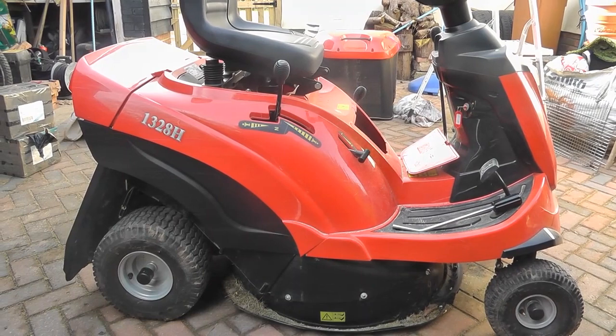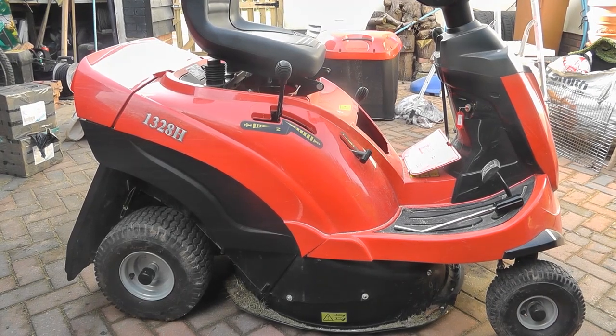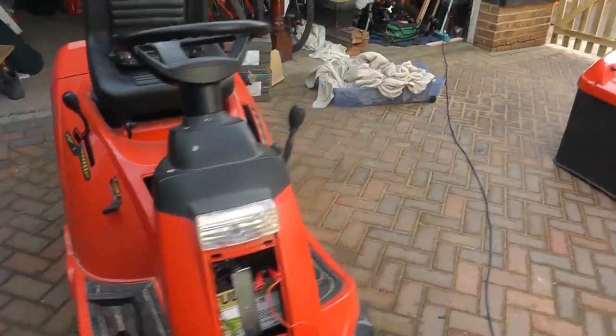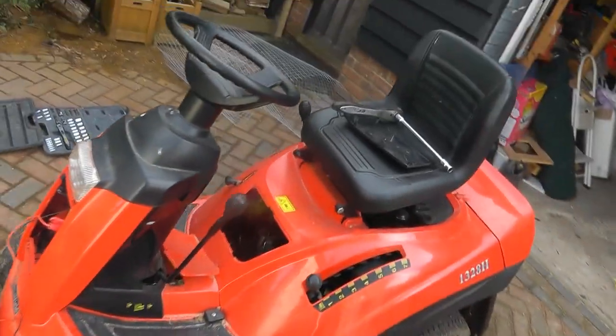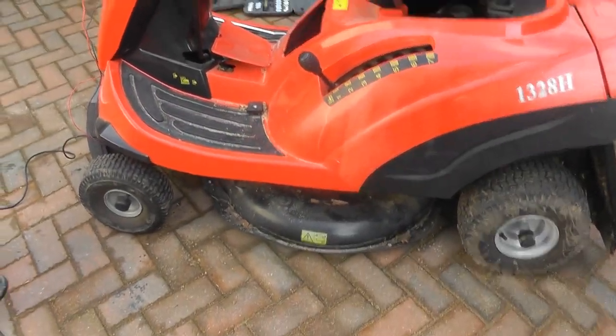So what we're going to do today, we've actually got a problem with it. We've got the drive belt gone on this as well. So we've got to get it going first off, and we also need to do the belt on it as well. So okay, while we set it up on charge so we can get it going later, as I said, on this one, the challenge we have is the cutting belt